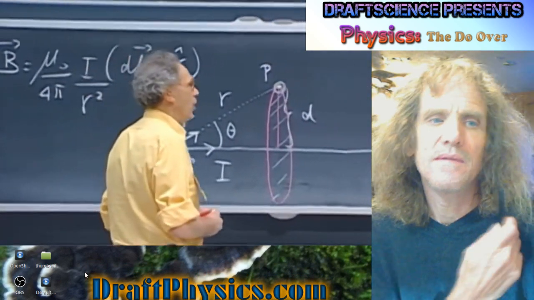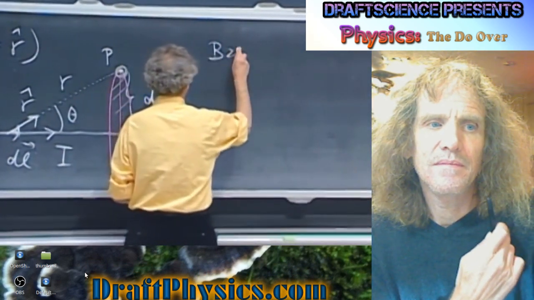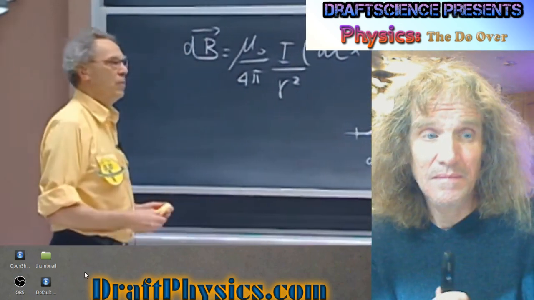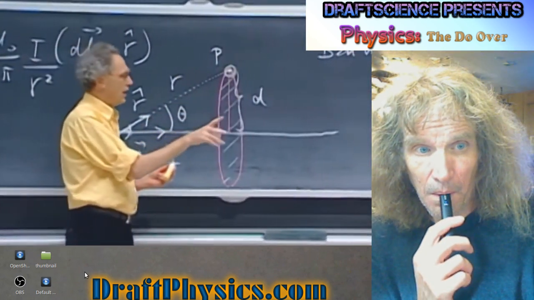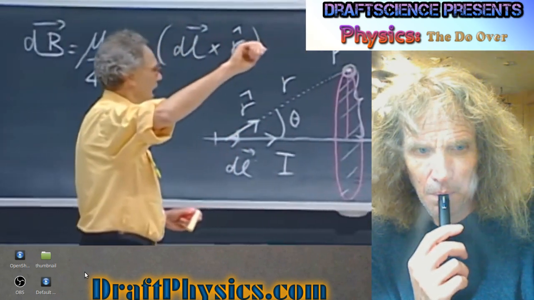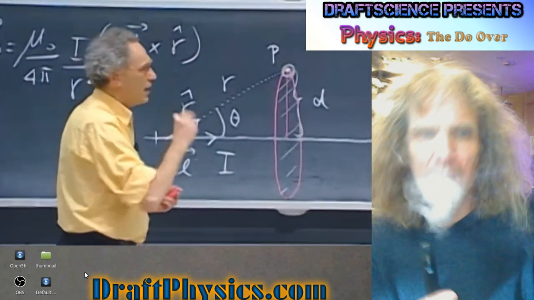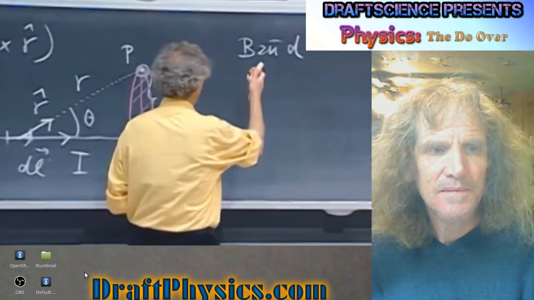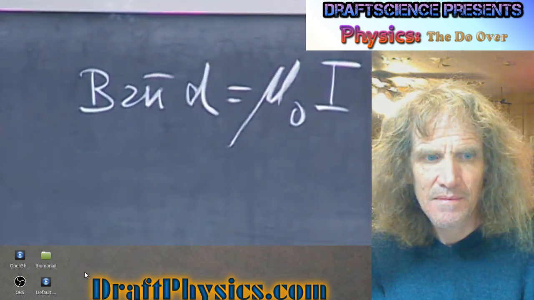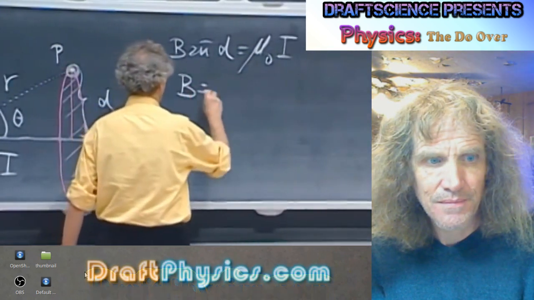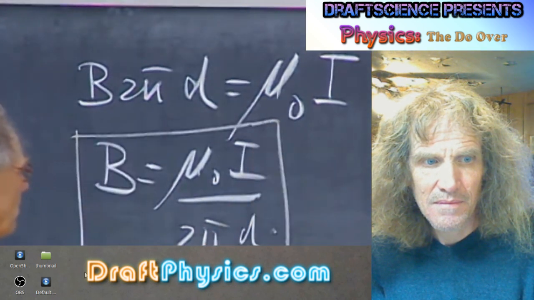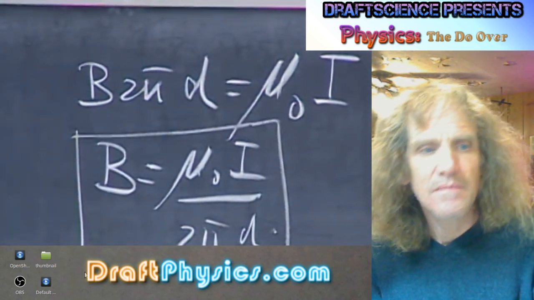We don't deal with kappa m at all, so we simply have that B times 2 pi d going around in this circle, because I know that B is tangential to that circle. I also even know the direction according to the right-hand corkscrew rule, coming out of the blackboard here. So as I go around the circle, B and the dl that you see there at the bottom are in the same direction. So I get B times 2 pi d equals mu 0 times the current that penetrates that surface, and that is I. And so the answer is very simple, mu 0 I divided by 2 pi d. That's the way you would do this problem, and you would stay away from Biot-Savart.